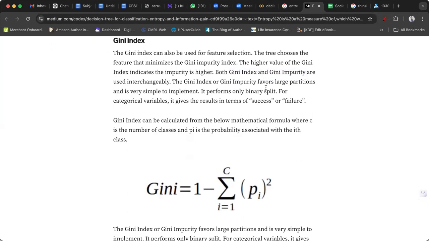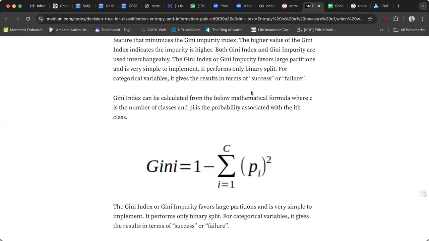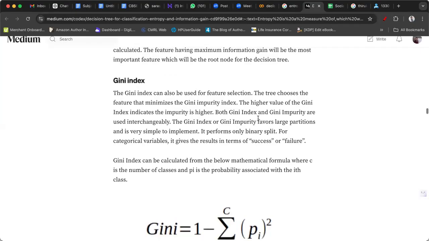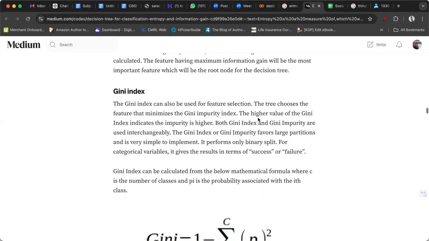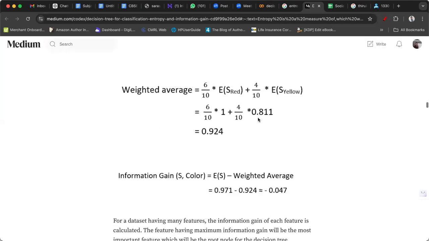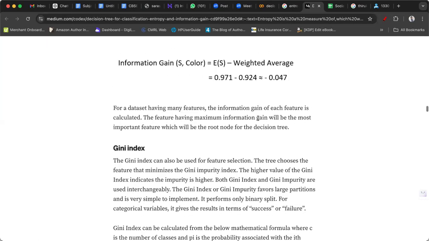The Gini index or Gini impurity favors large partitions and it is very simple to implement. It performs only binary split for categorical variables. It gives the results in terms of success or failure. Wherever you have calculations and categorical data sets, you will be using the Gini index. But even if it is a continuous variable, continuous features,